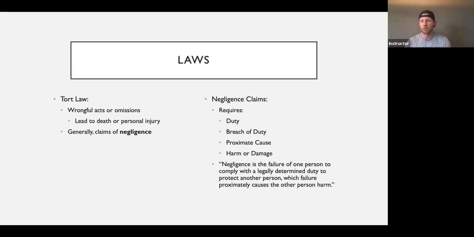Now, here's what negligence requires. Okay, this is also in your textbook, so I'm not just giving you this just because. You have a duty, you have a breach of that duty, proximate cause, so because of something you did, and then harm or damage occurs. Okay, and then negligence is the failure of one person to comply with a legally determined duty to protect another person, which failure proximately causes the other person harm. So basically, you breach something and that breach caused some type of harm or damage is kind of the idea,